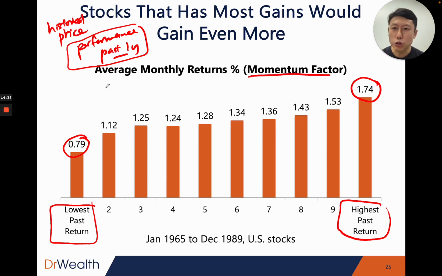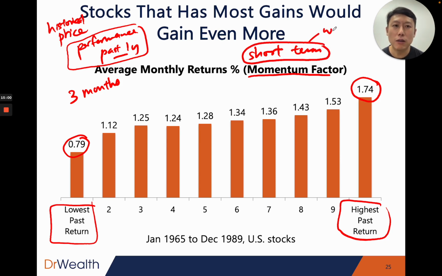And the other thing that you should note is that usually this forward performance is a short period. That means within a few months. Okay, within probably about 3 months, 6 months, 9 months, that kind of time frame. It is not in terms of years. So momentum, understand, is a short-term strategy. Okay, it's a short-term factor. It only lasts for a while. And a while, we can determine at this point in time, is weeks to months. Of course, we want it to last as long as possible, but